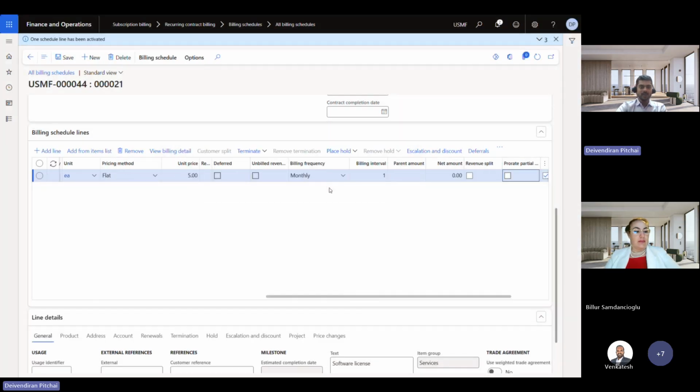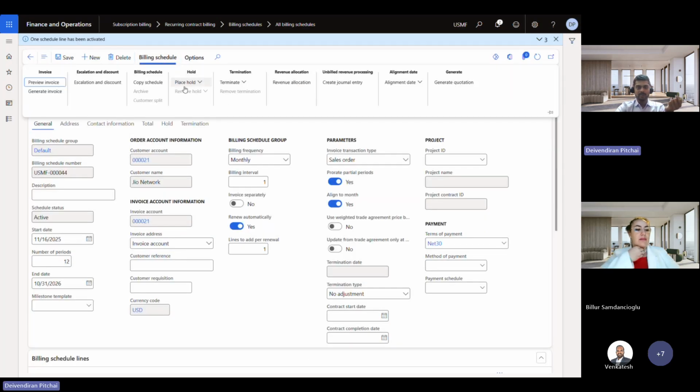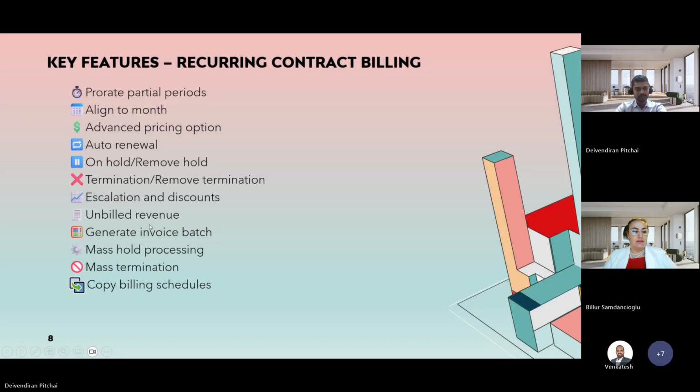Okay, so now you have terminated the contract, and after some discussion, you can remove the termination also. And here also you can terminate and remove termination. So both options are there. And we have already discussed the place hold